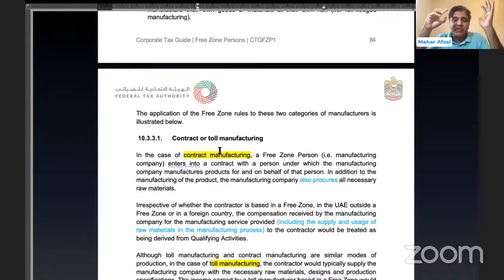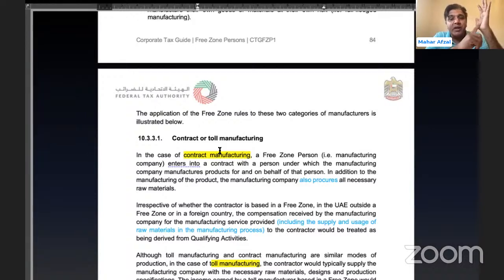This toll manufacturer is giving design, material, everything to the manufacturer. The manufacturer is just finalizing the product as per the discussions with the contractor. The contractor is taking the product and giving it to the customer. Full-fledged manufacturing means this manufacturer is buying the material, taking risk, finalizing the product and selling it. In all these cases, even this is the contract manufacturing, even this is the toll manufacturing, even this is the